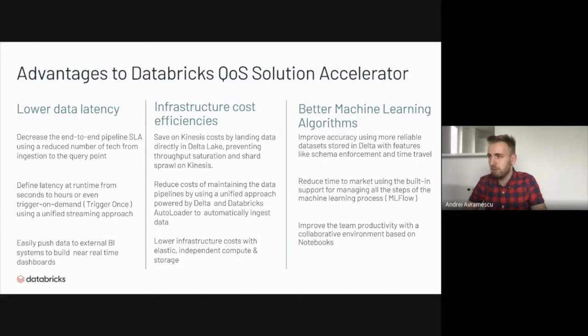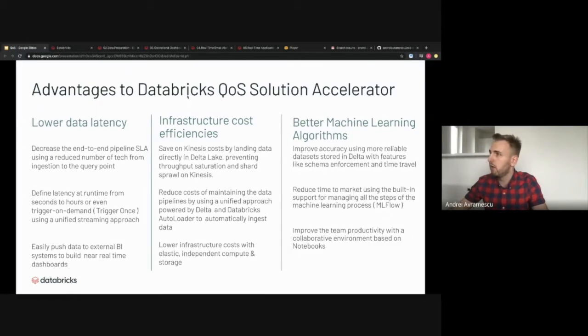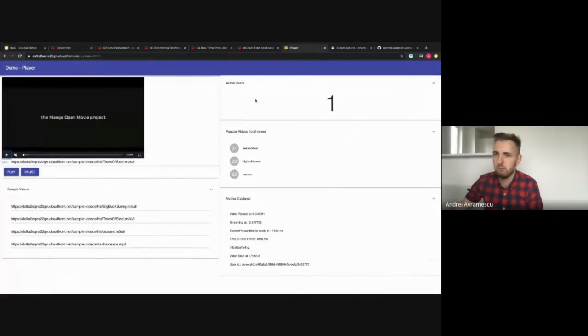And the last bit, of course, on the machine learning side is around how you increase productivity with the collaborative environment based on notebooks. But that's something which probably most of you are already familiar with. So now what I want is to actually move to the demo. And for the demo, the first thing which I'm going to show is basically this